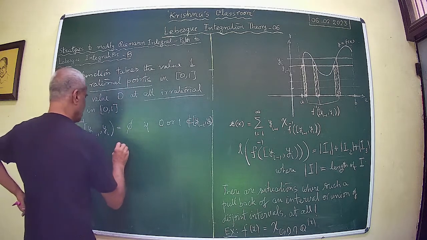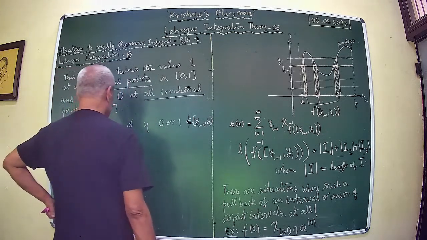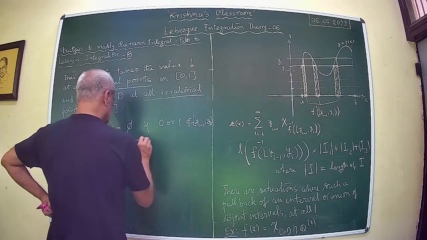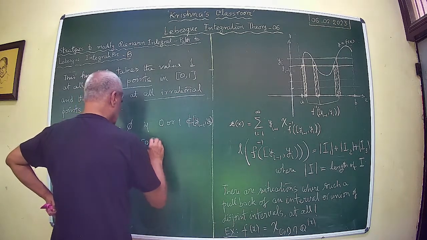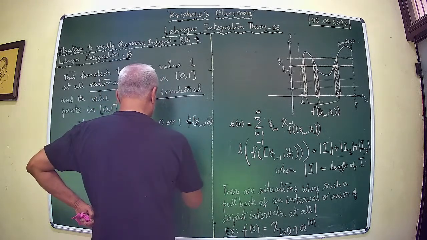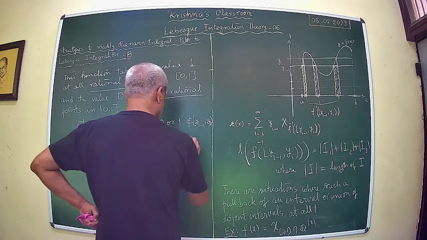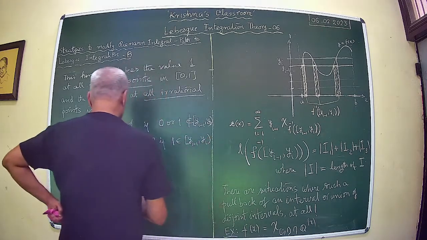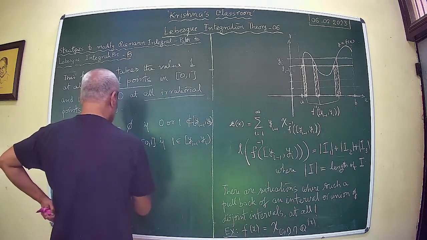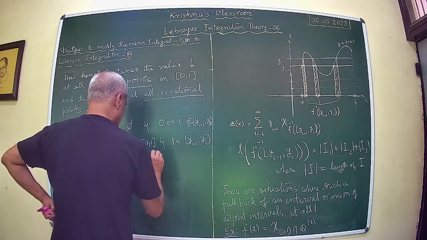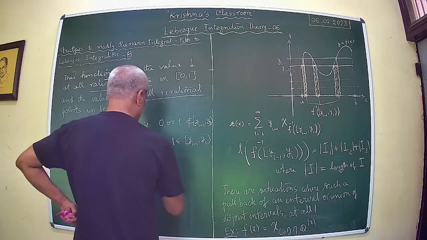This is equal to the set of all rational points if 1 belongs to it, and this is equal to the Q complement intersection 0, 1 if